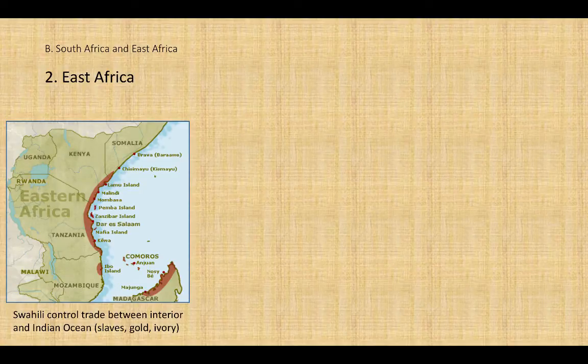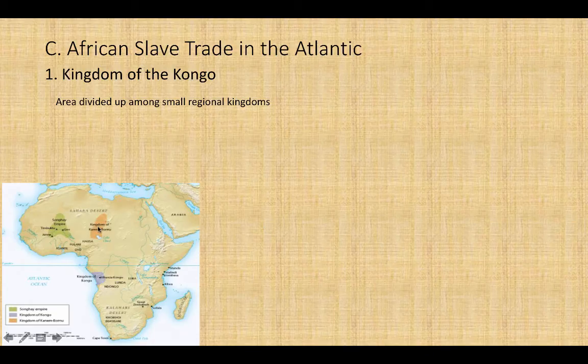So now we're going to switch to East Africa. At the end of period 3, we had talked about the Swahili city-states. Arabs who had gone to the east coast of Africa on the Indian Ocean used the Swahili city-states as ports, right? The one we talked about most is Zanzibar right here. And in Zanzibar, they had